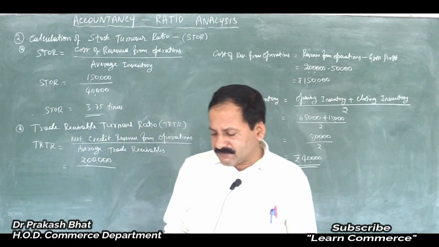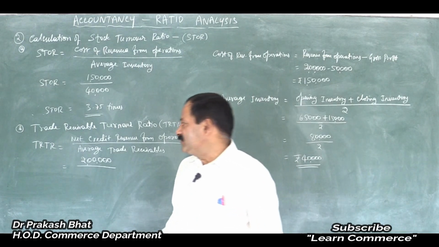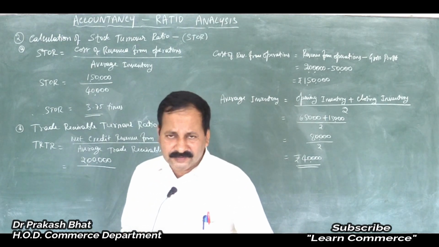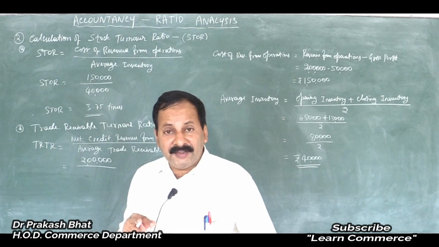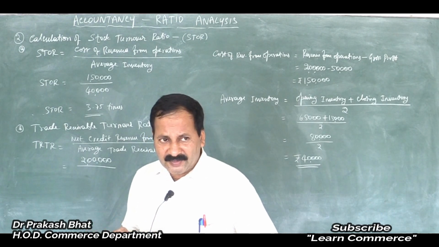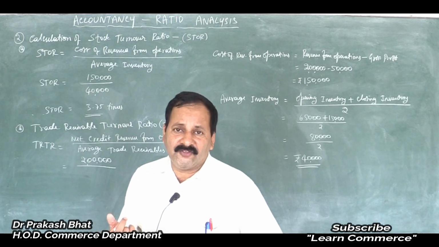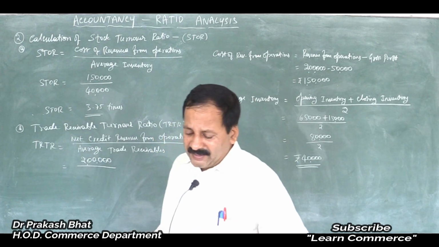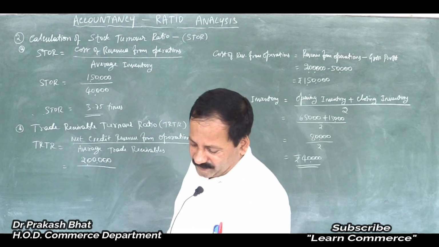Whether the debtors and bills receivable, trade receivable means debtors plus bills receivable. Whether opening and closing are given? No, only one figure is given. So just add it, don't divide it by 2. If opening and closing debtors and bills receivables are given, add all the 4, opening debtors and bills receivable and closing debtors and bills receivable, and divide it by 2, you will get the average trade receivables, right? So what you have to do here is simply add those 2 figures and just write it as it itself is the average, right?